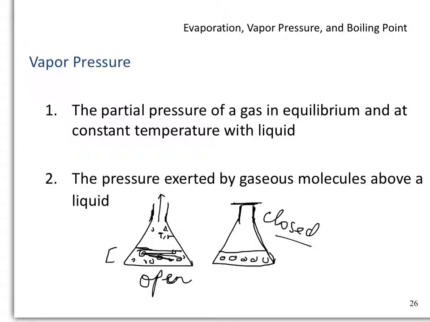You still have the same liquid, and the molecules are getting into the vapor phase. The liquid molecules will evaporate as they did in the previous open case. However, because of this seal, they basically have nowhere to go. They can't escape into the atmosphere. As the liquid molecules, it could be water, enter the gas state, some will also start condensing back. So there will be a partial pressure at any given point of time, due to the presence of these liquid molecules which are now in the vapor form. There will be pressure exerted due to that,